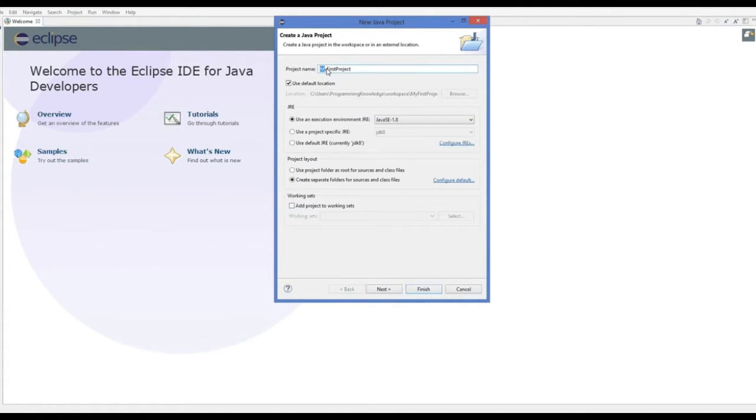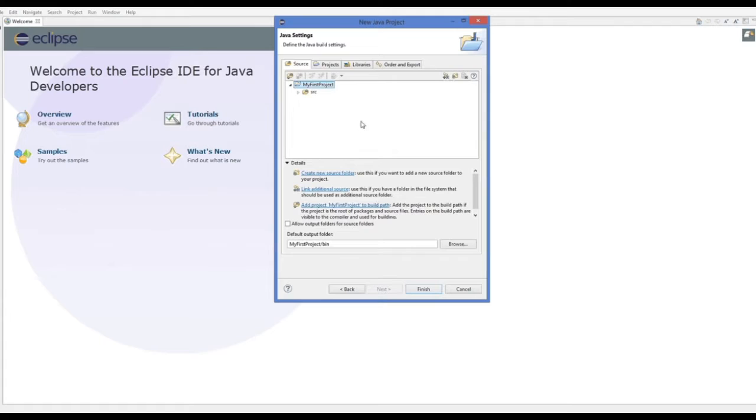So in my, M is capital, first F is capital, project P is capital, so it's called camel case. So it's a convention to give names like this, and all things are okay. You can just click next,